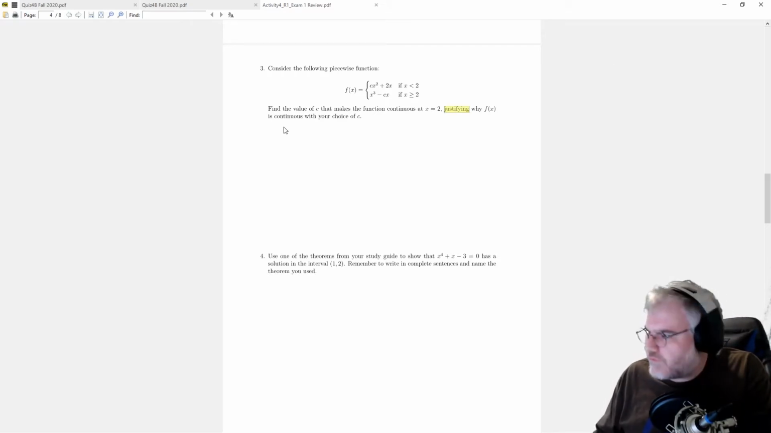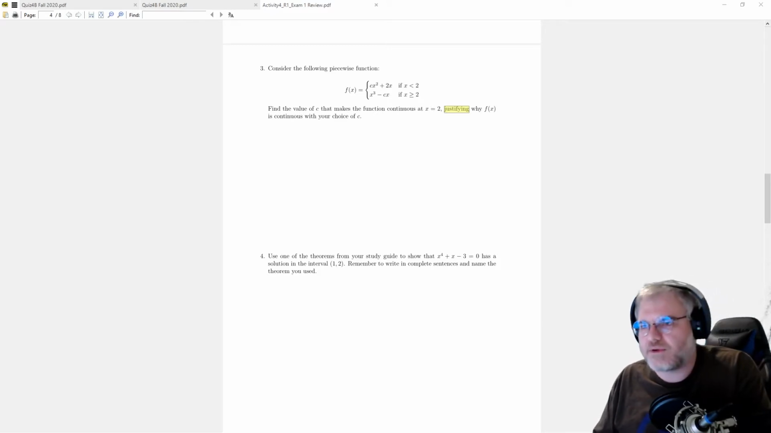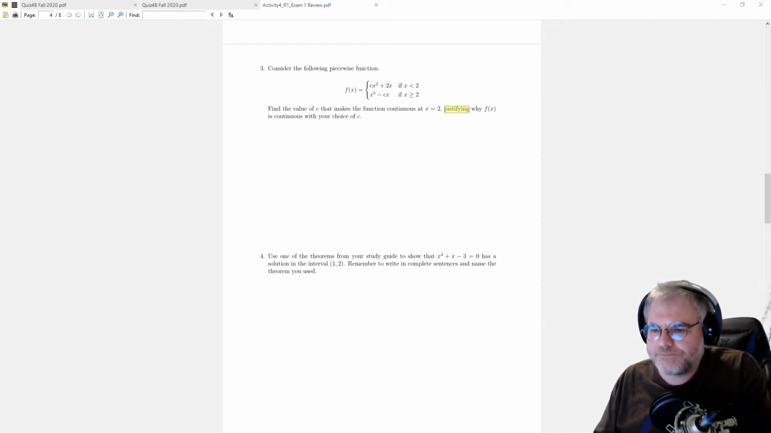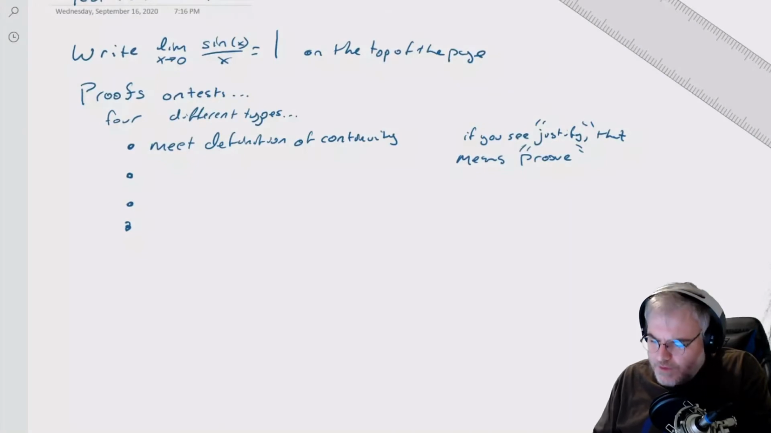So what you have to do for this one is you have to show that the limit from the left equals the limit from the right equals the value of the function. Okay? The one on top is the one I'm talking about, where you have to meet the definition of continuity. And the strategy you want for those